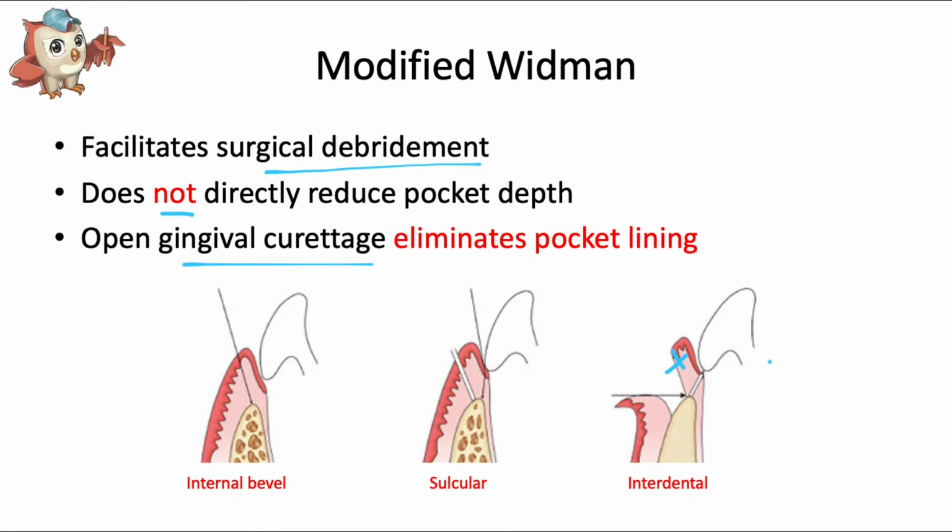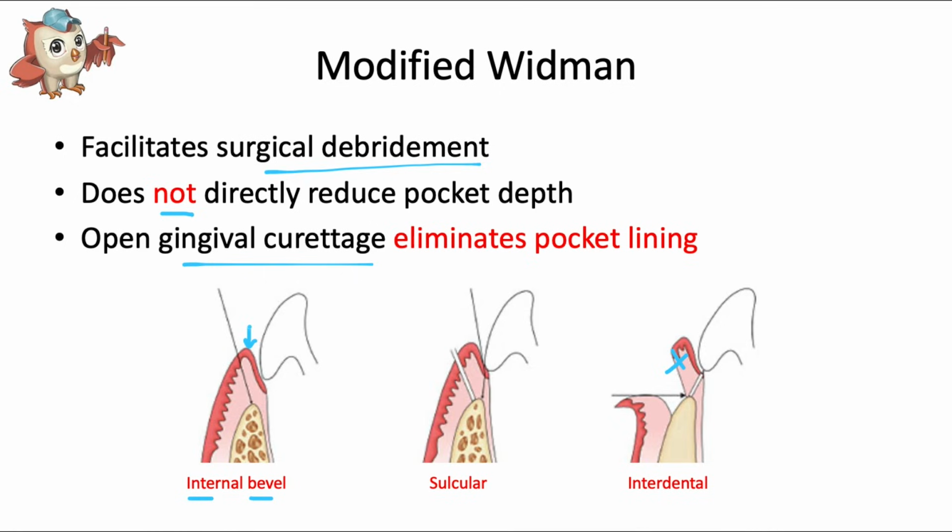Finally, let me talk briefly about the 3 different cuts that are involved in this flap. First, we have the internal bevel or reverse bevel. Bevel means it's sloping at an angle, internal because the slope is headed inward toward the tooth. It's about 1 millimeter outside from the gingival margin, and it removes the internal pocket lining, yet conserves the outer